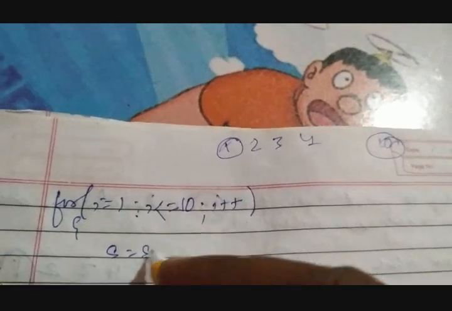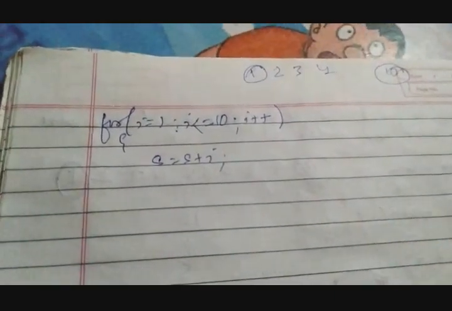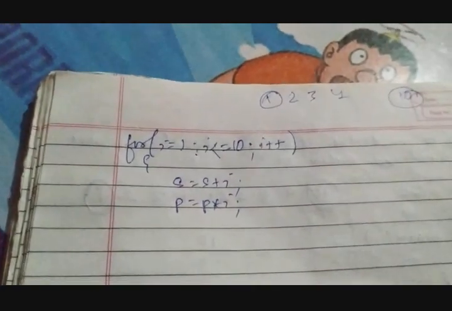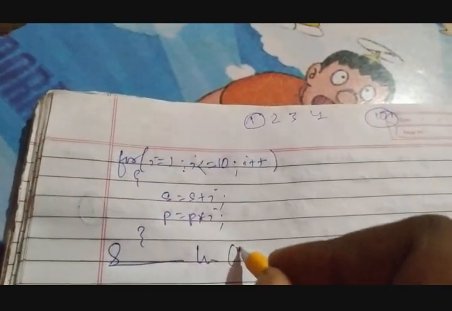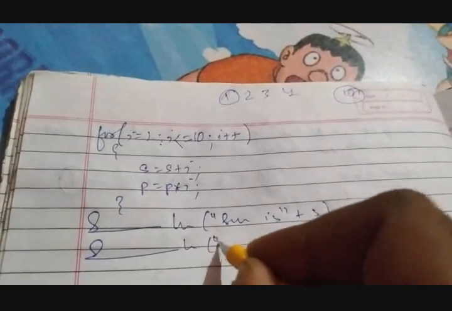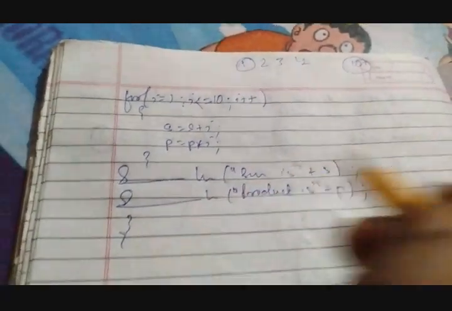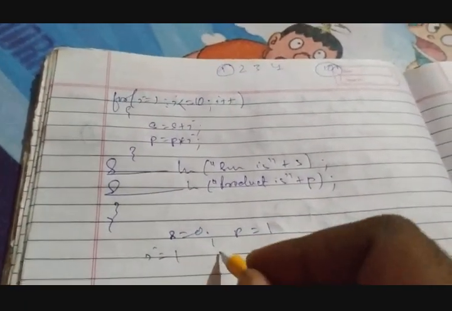Now s equals to s plus i, and p is 1. Whenever we calculate a product in a loop, we calculate it with the loop variables, so I have to use it like this: p equals to p into i. Alright, and close. Then we print it. Sum is s, product is p. Close. Now sum is 0 here, product is 1, and i starts with 1.